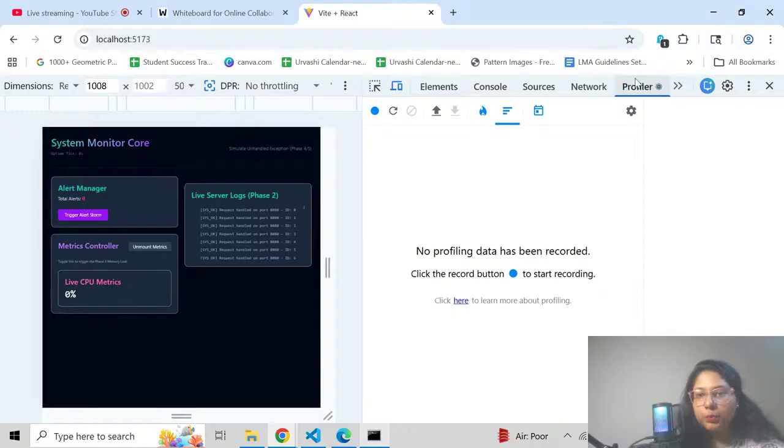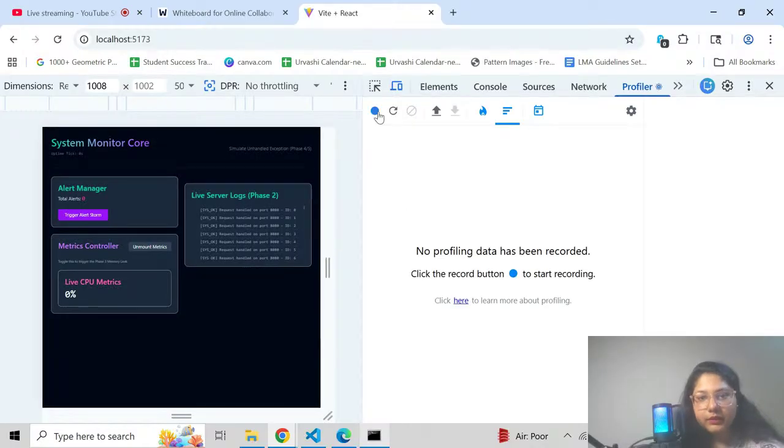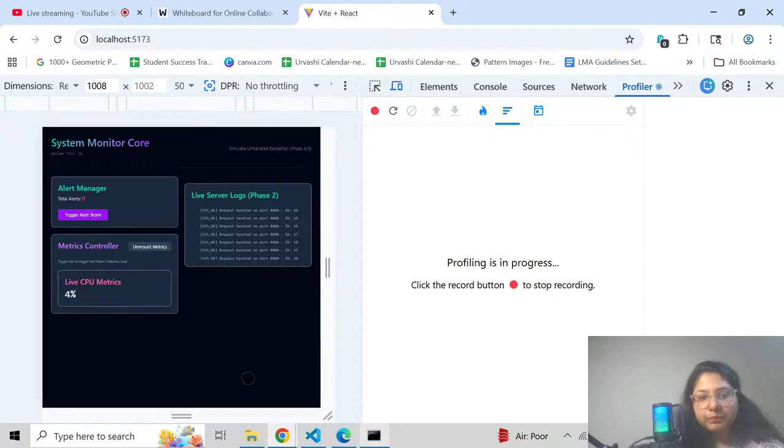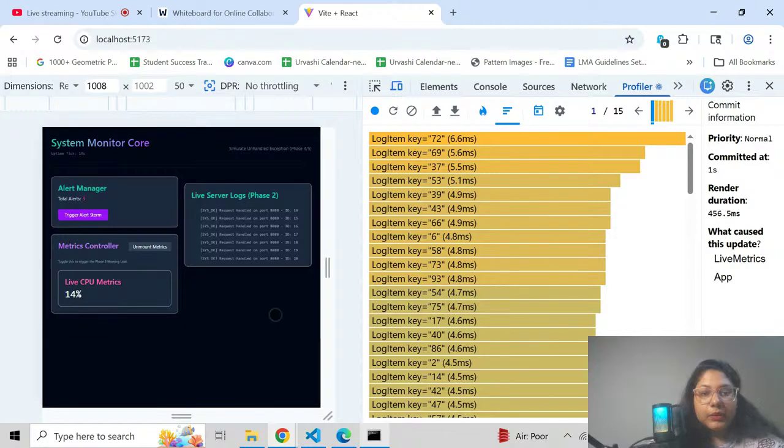So what I'll do here, I'll come here, open the profiler, and simply start the profiling. I'll start the profiling here. Okay, one second. Now I'll start the profiling, so all the rendering which is happening right now will be recorded. I'll just change some things inside this, and I'll stop this. Now, while updating and other things were changing,